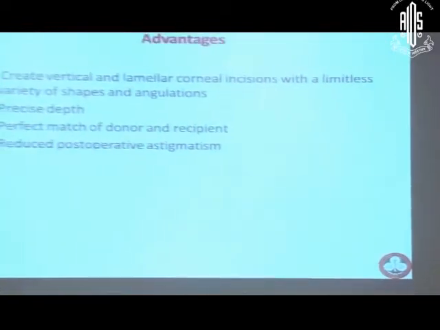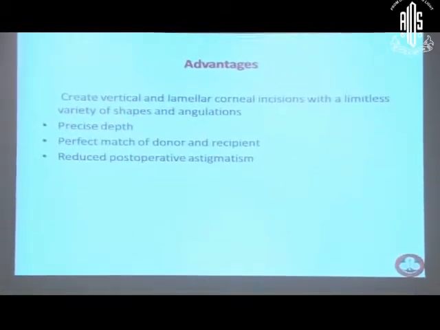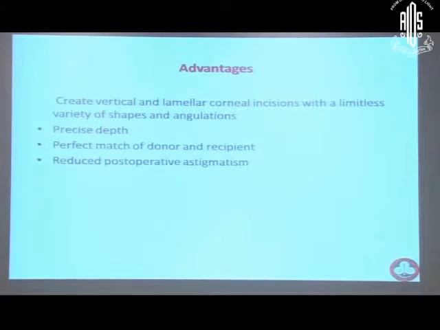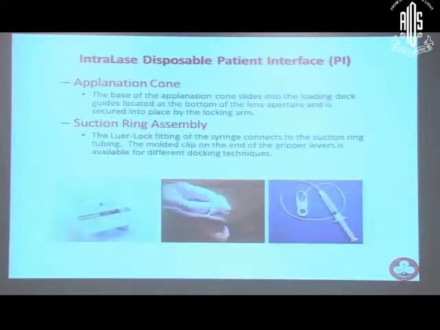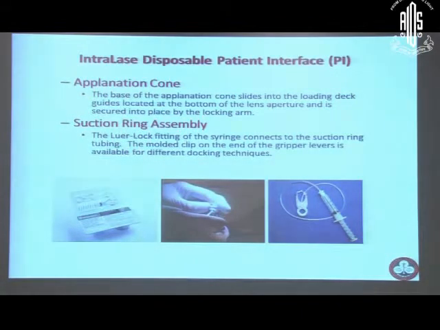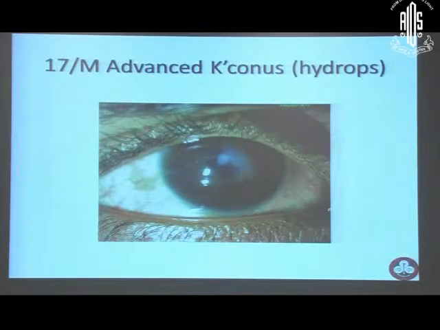If you want lesser endothelium, like in a case of keratoconus where the recipient endothelium is healthy, you like to have a mushroom shaped graft. In cases like bullous keratopathy where you need a large amount of endothelial cells, you like to have a top hat configuration of the graft. This is the patient interface used during surgery, as you all know, also used during LASIK surgery.